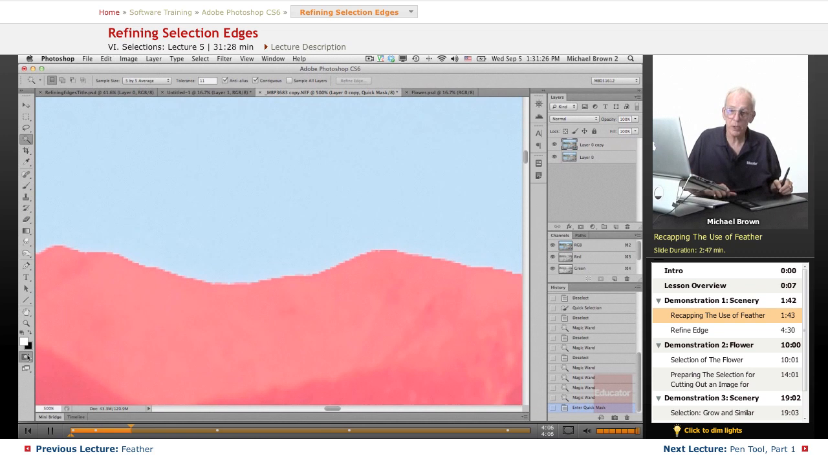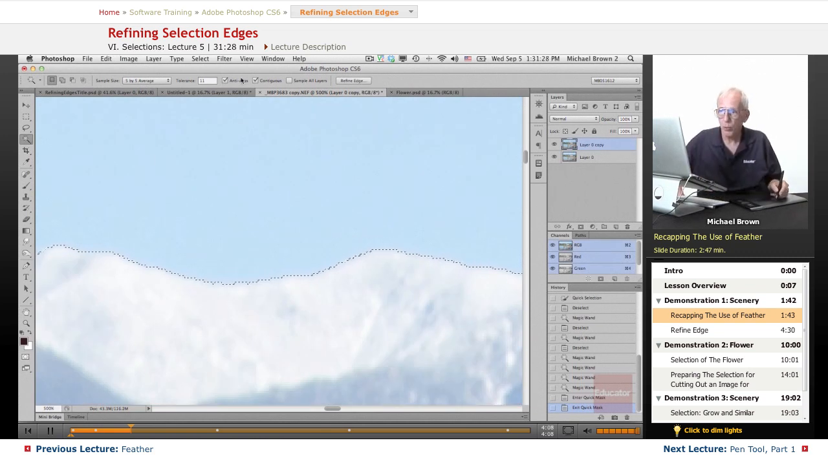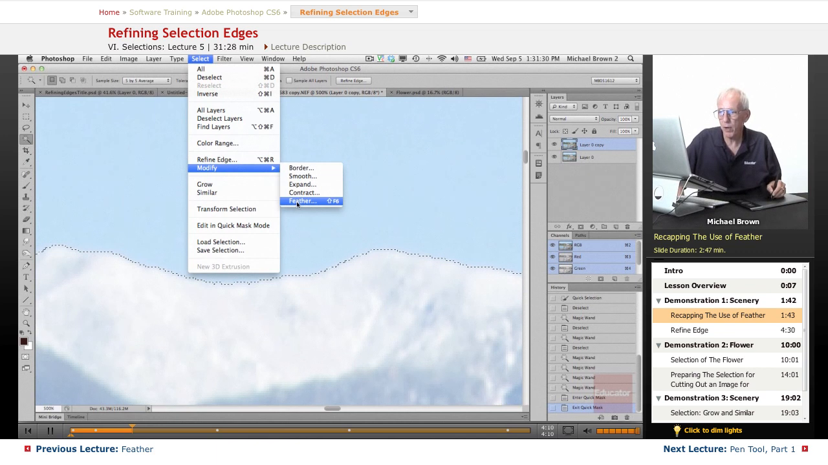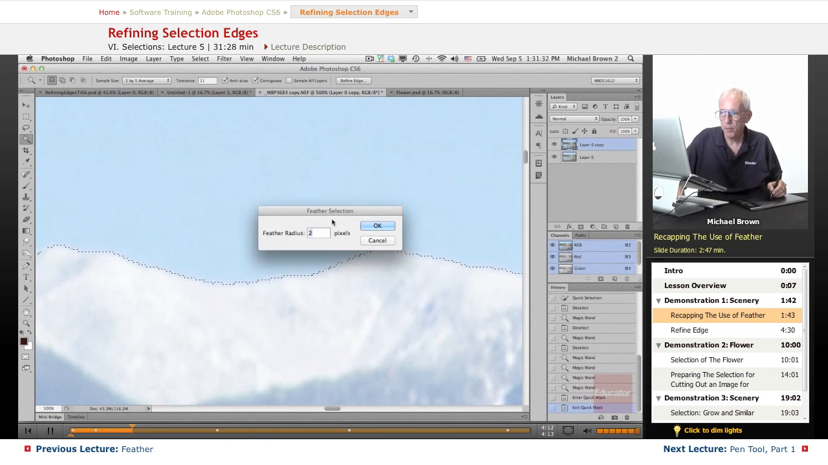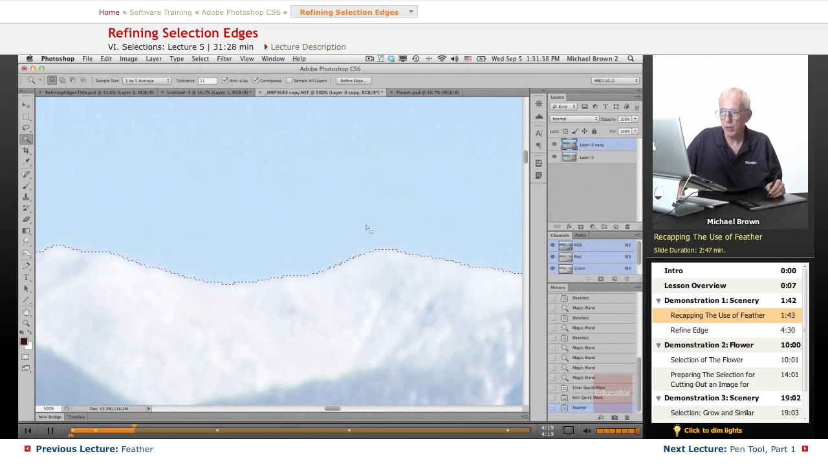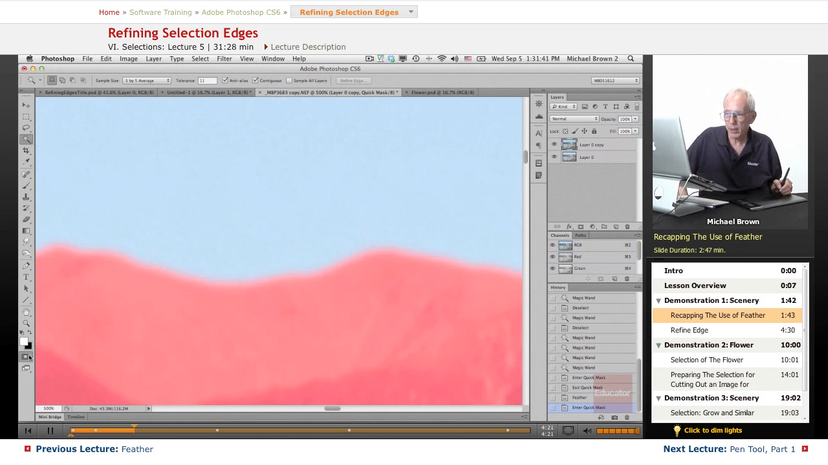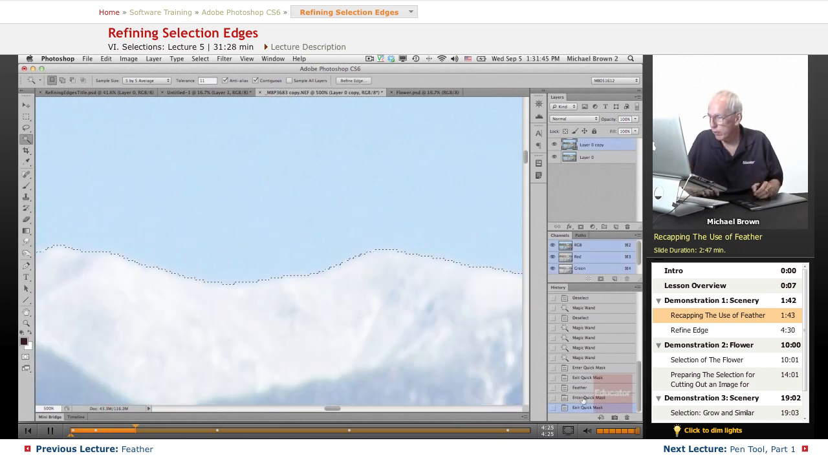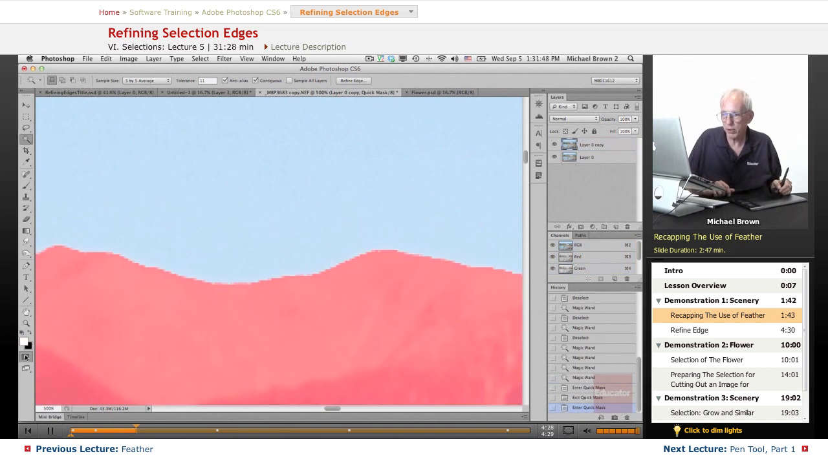So how do we deal with that? Remember, in the past, we could have gone Select, Modify, Feather, and picked a number. But you don't necessarily see immediately what the number is doing until you type it in. Then you go back to Quick Mask and you go, gee, that's a little too soft. So we're just going to go ahead and back that out to where we've got the hard one. Well, there's